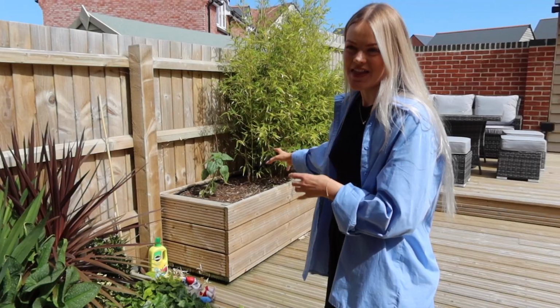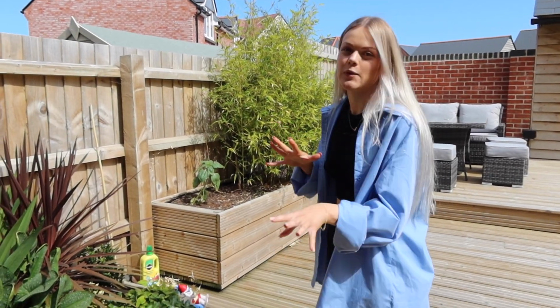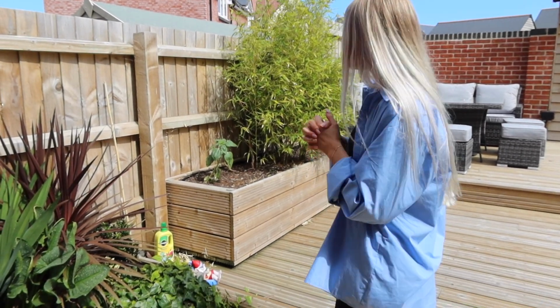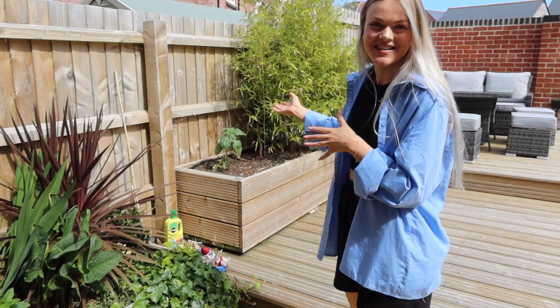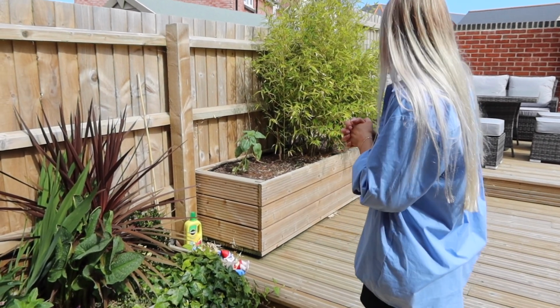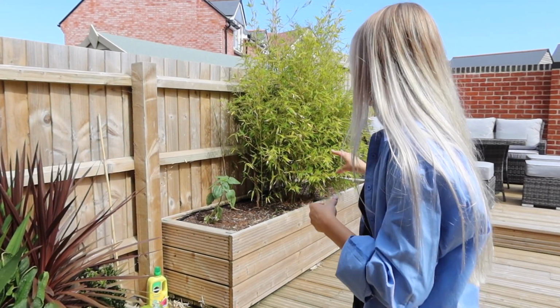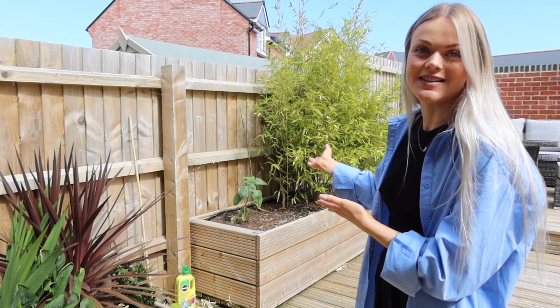And then this plant, we tried to do a bamboo kind of tropical garden style, but it's just really not serving, is it? It started growing again, isn't it? Started growing. Basically, everyone says that bamboo grows really quickly and spreads really quickly, so we just decided to buy one bamboo plant, thinking that very quickly it will fill the whole planter. But obviously this is nearly 2.5 years and it's just...